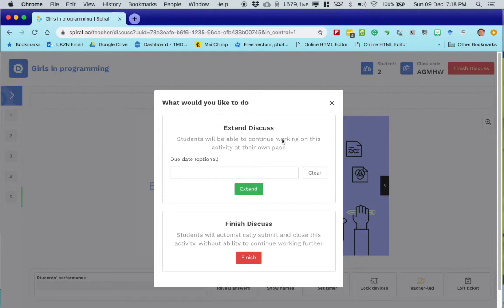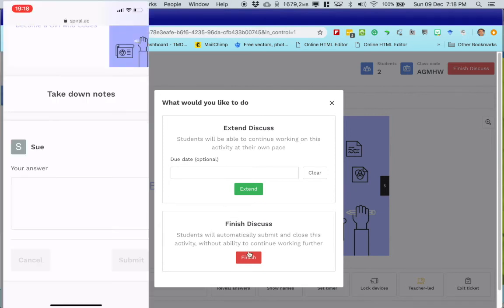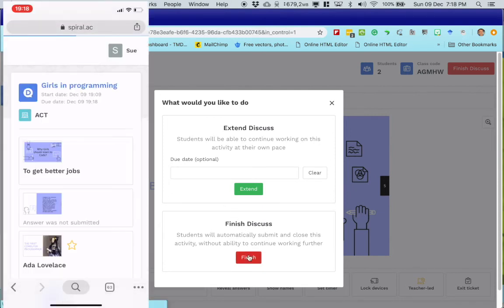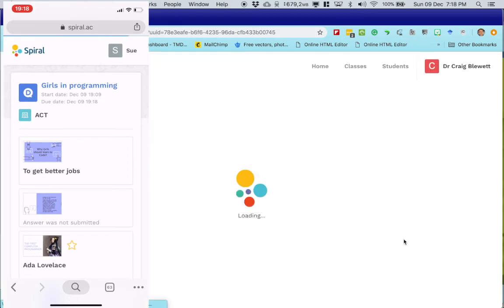Now, what's really nice now is it doesn't have to end there. This is an example of blended learning. So we're projecting slides behind us, students are having a conversation around those slides. We could quite easily extend this, giving the students an opportunity to continue this discussion in their own time. So if we do that, that means the students can continue in their own time to have a look at the slides and have a conversation and answer the questions. And that brings us into the online learning realm. Or if we finished, we simply hit finish and the conversation is over.